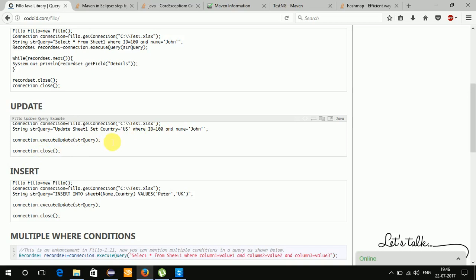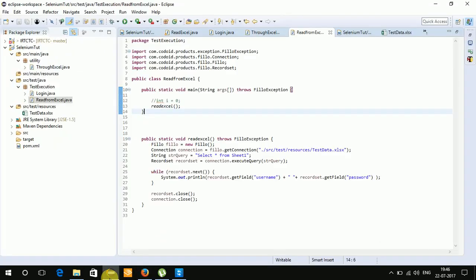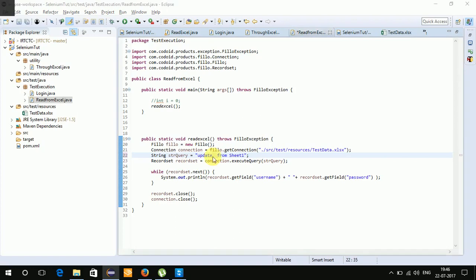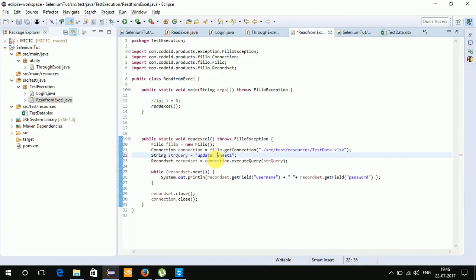So you can see that as well. So suppose I want to add, instead of select, what we'll do is update, right, update Sheet1,